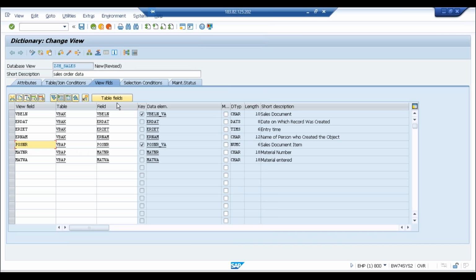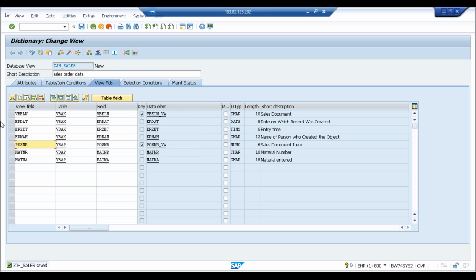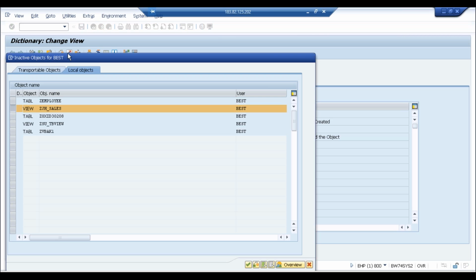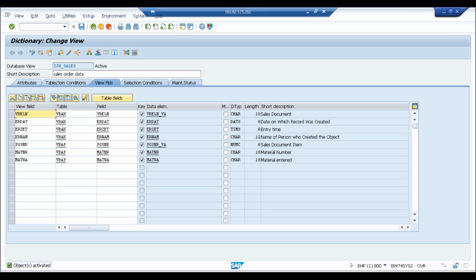Now, let's say we have these common fields. We have unique fields. So we cannot take the same field from two tables because VBELN is existing in both the tables. If you take it from VBAK and VBAP both, it will throw an error. So that's the reason we just need to save it from only one particular table. So we are selecting it from VBAK table. So just activate this, and ignore the warnings. Why the warnings are coming, I will explain. Because of the enhancement category, the warnings will come and we can ignore that. So these are the field names that we have.